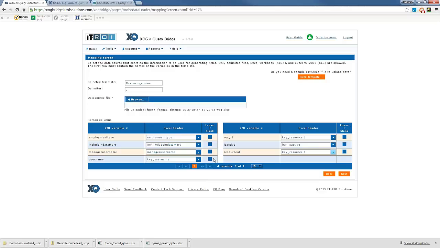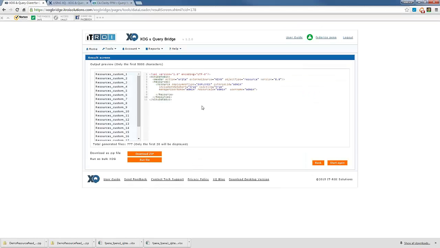Okay, so ideally you would like your query to match. If you extract your query and your query happens to match the tag name, it'll automatically map it for you, okay? So now what I'm going to do is click next. And like I said, it'll automatically grab that data